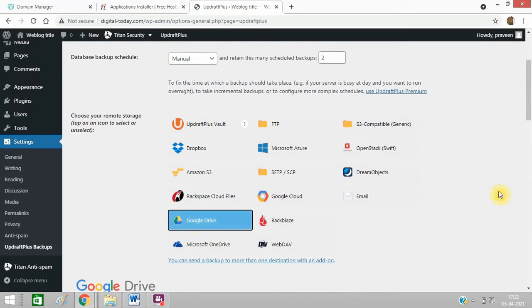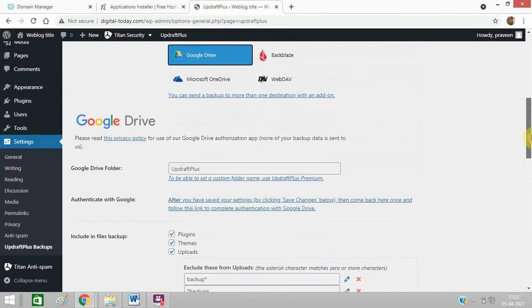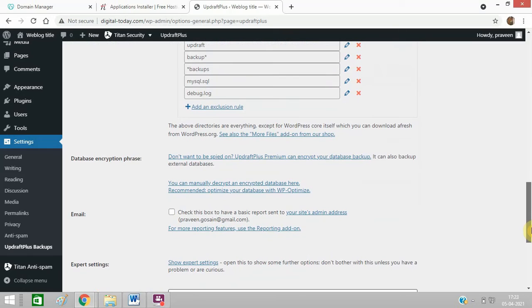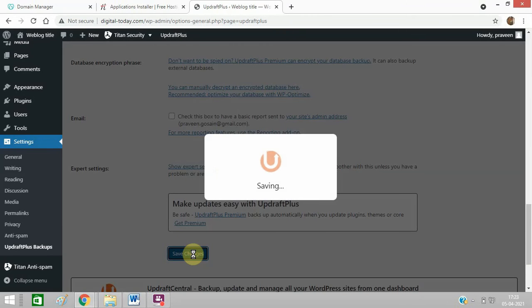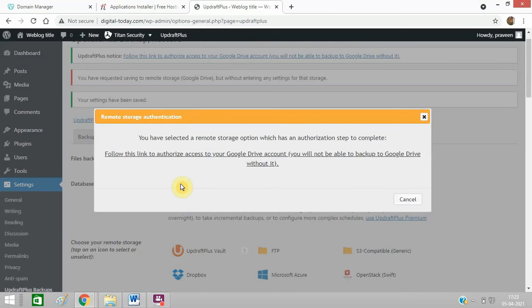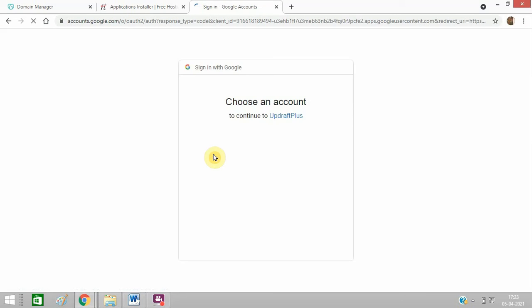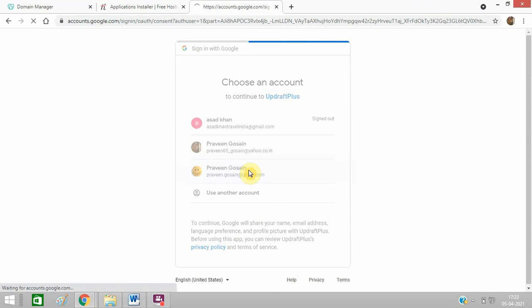Google Drive. Click on save changes. I need to log into the same Gmail account, this one.